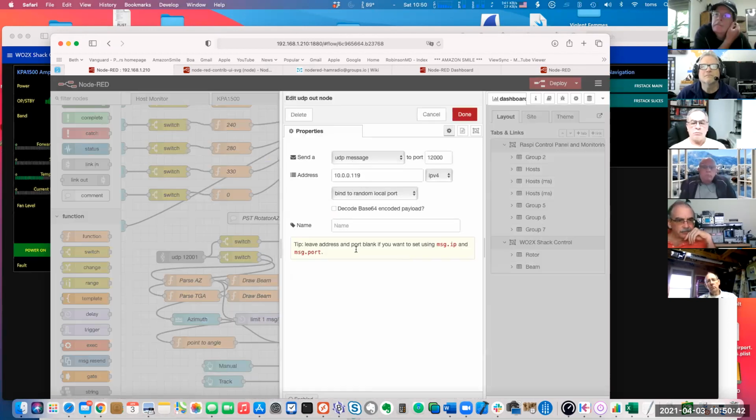This is where I would change this IP address to whatever computer was running in my shack, if I had my Windows computer running PSD Rotator. PSD Rotator is a very nice program. If you have a rotator, I know a lot of you guys don't have rotators because of your antenna situations, but